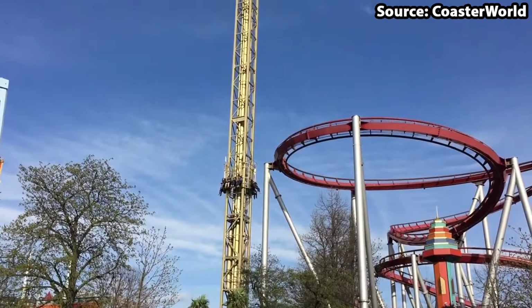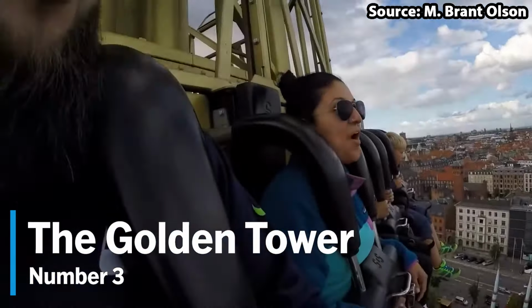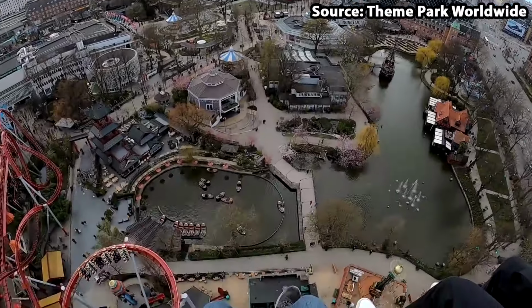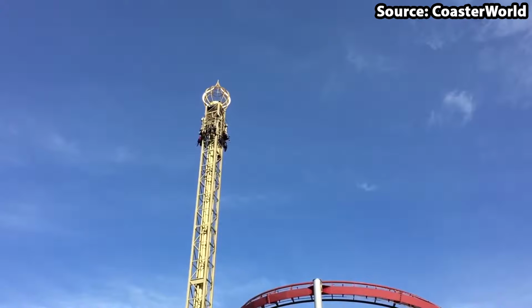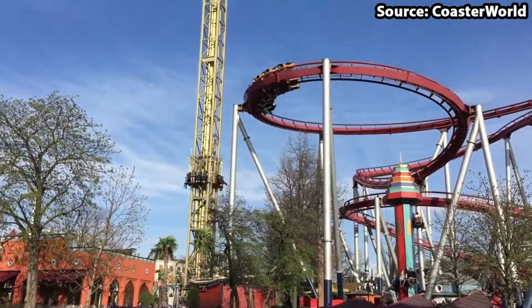As for our number 3 spot, we have the Golden Tower, and with it standing at a whopping height of 206 feet in the air, this is definitely not for the faint of heart. However, nor is it your normal drop tower, as instead of rising to the top, getting a great view across the park and surrounding area, all before dropping back down,